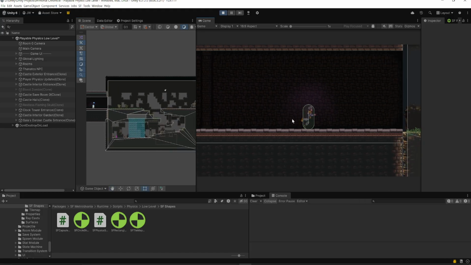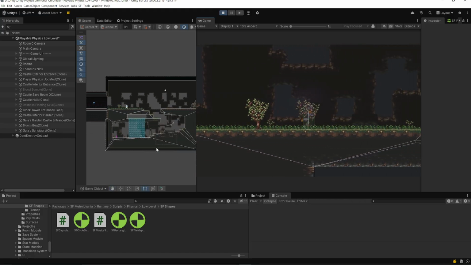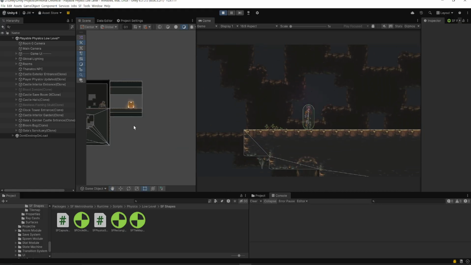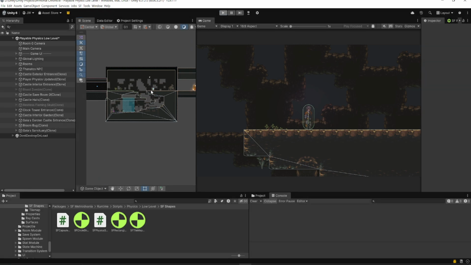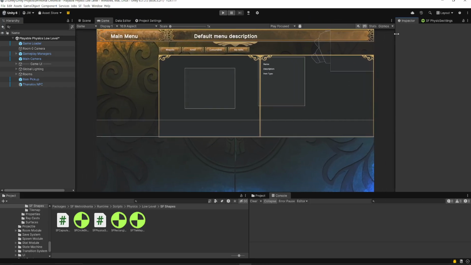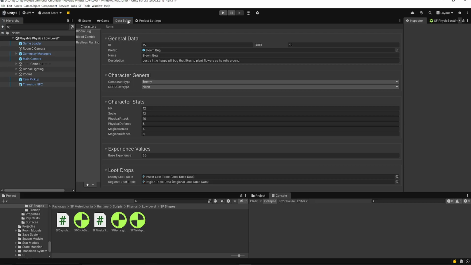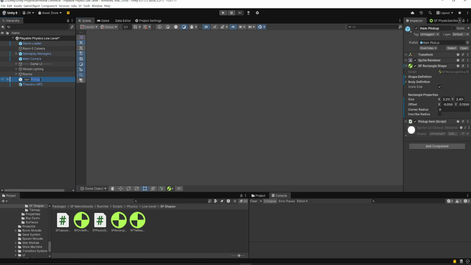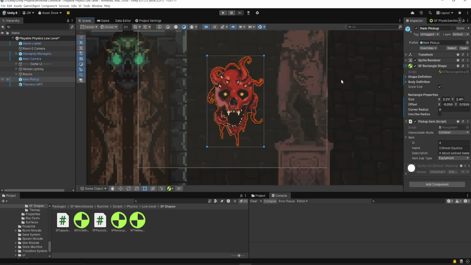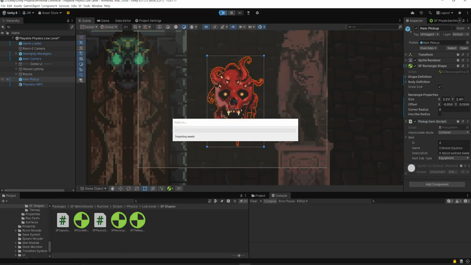And I'm going to go in here. This is pretty good for showing off the room loading. As you see, room loading system. I'm working on the data editor. At the current moment, it's early work in progress. There is a very early data editor, so you can create characters and item pickups. For example, if I go to the item pickup here, you'll notice I currently have the item set to ID 4. So if I click play,